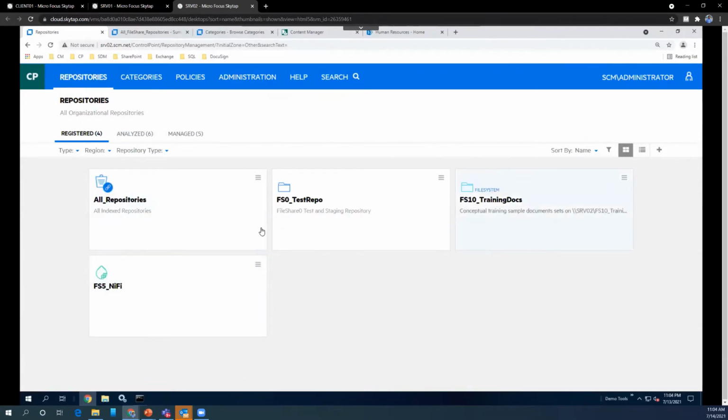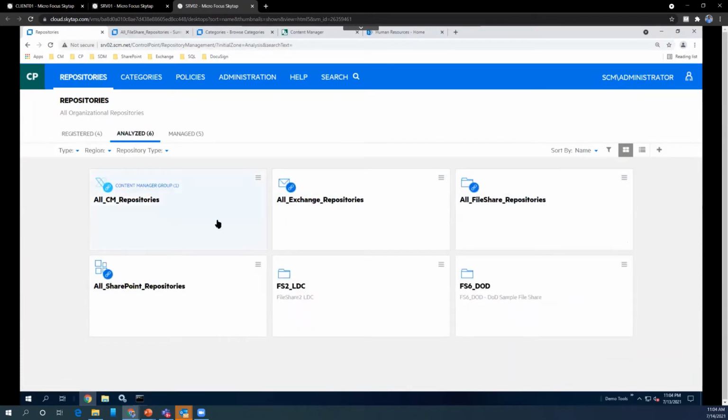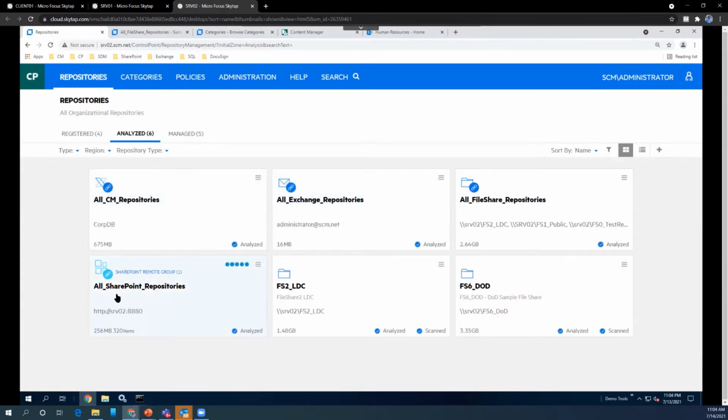These are the repositories which I have registered, meaning connected. As you see, I can connect to different types of repositories here. In the analyze phase, I have Exchange repositories, content management repositories, SharePoint repositories, and also file share based repositories. Multiple repositories are connected into a single group to give you a single view.